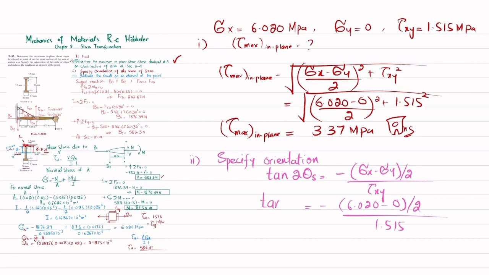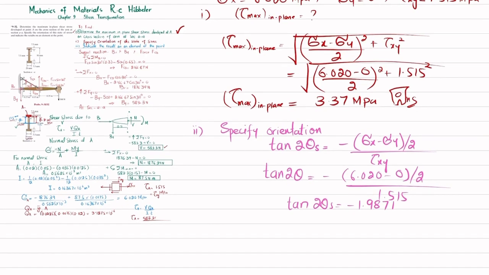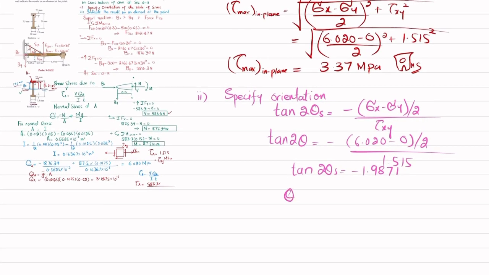That will give you tangent of 2 theta s, which will be equal to minus 1.9871. And 2 theta s will be equal to tangent inverse of minus 1.9871,